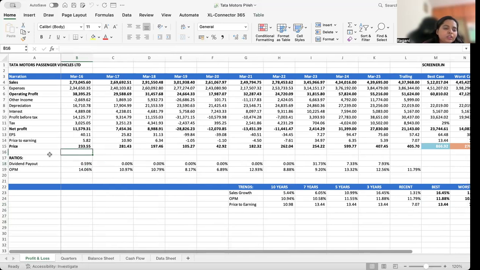In the ratio parts, I calculated dividend payout, OPM,